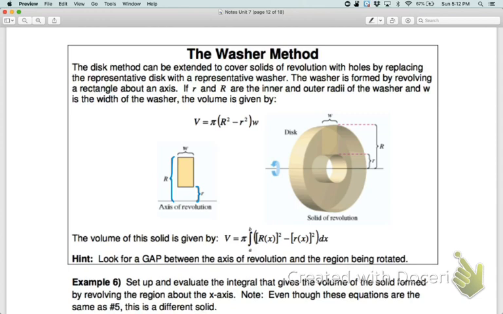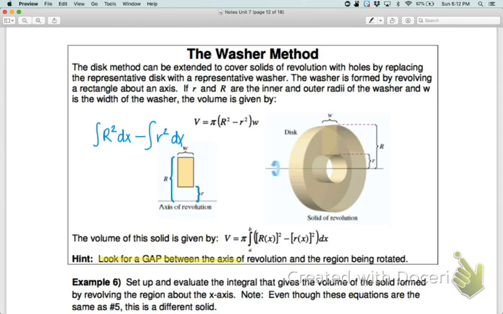Now, once again, by using our properties of integrals, if I do the integral of big R squared dx or dy, whatever, minus the integral of little r squared dx or dy, using our properties of integrals, we can combine that into a single integral to make this a little bit easier. The main thing to keep in mind of when do you need the disc method versus when you need this washer method,